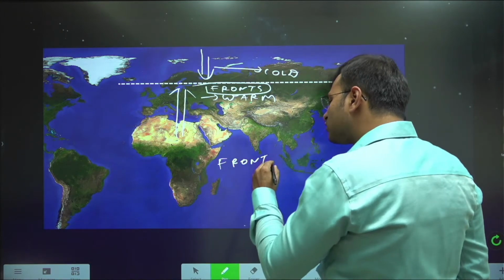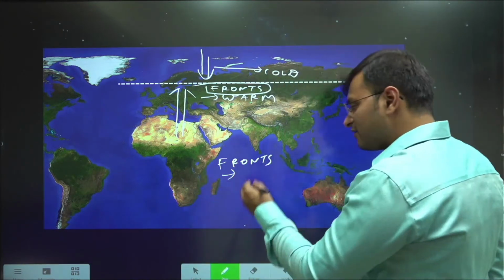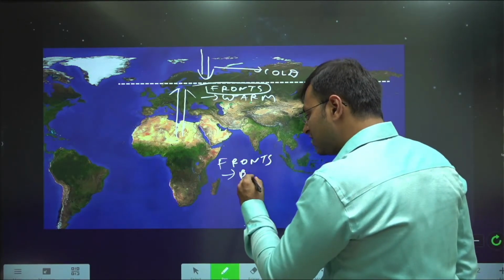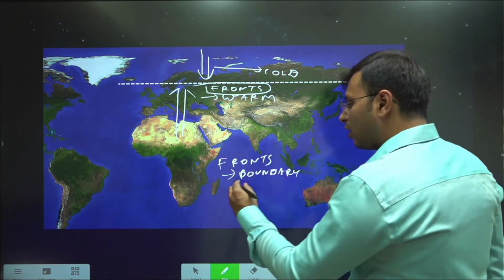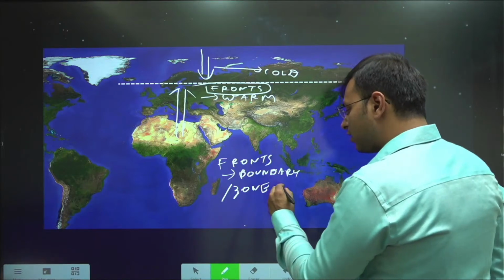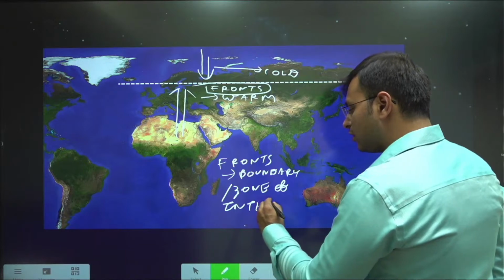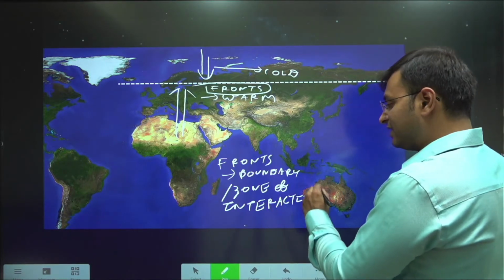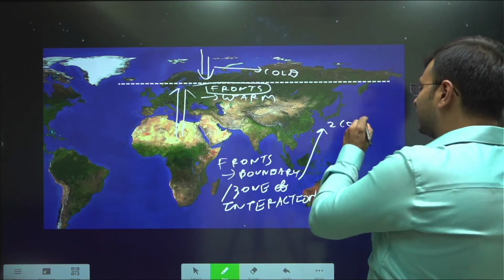A very crude definition of fronts: fronts are nothing but the boundary, the boundary or zone of interaction of two contrasting